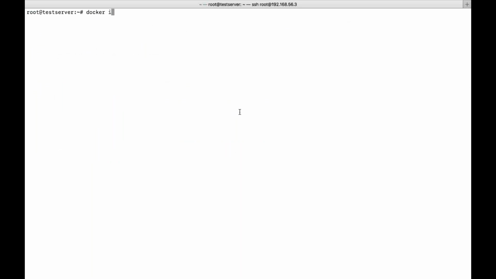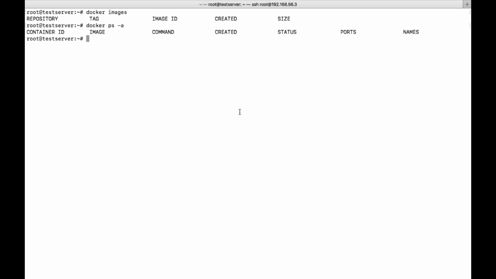I don't have any images. I don't have any containers running in the background. Okay, so this is what I have. I don't have anything right now. So let's try to create one new container, and I will install whatever I want. I will convert that container into image. For that we use Docker commit. So let's see what we need to do.